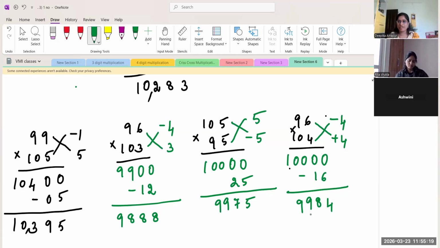So I hope you all have understood the base method of multiplications. 3 cases I have discussed in this one. One is when the numbers are below the base, another when the numbers are above the base, and the third case is when one of the numbers is below the base and another number is above the base. So all 3 cases I have covered in this